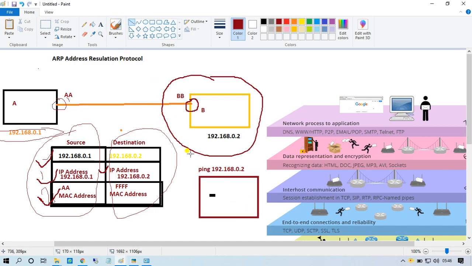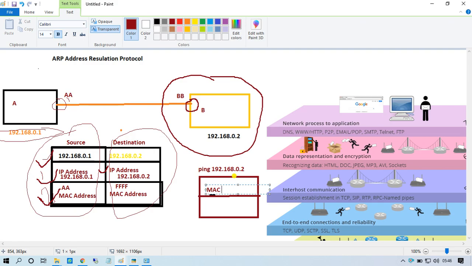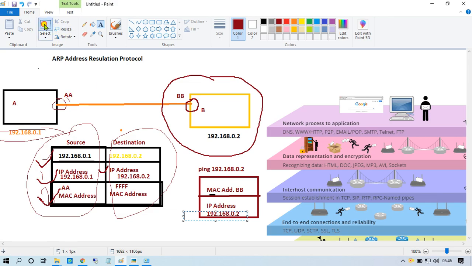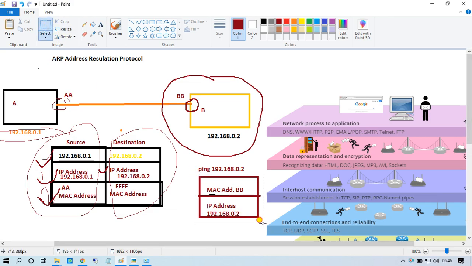First is the MAC address: my MAC address is BB, and the IP address is 192.168.0.2. Now it will send its information.